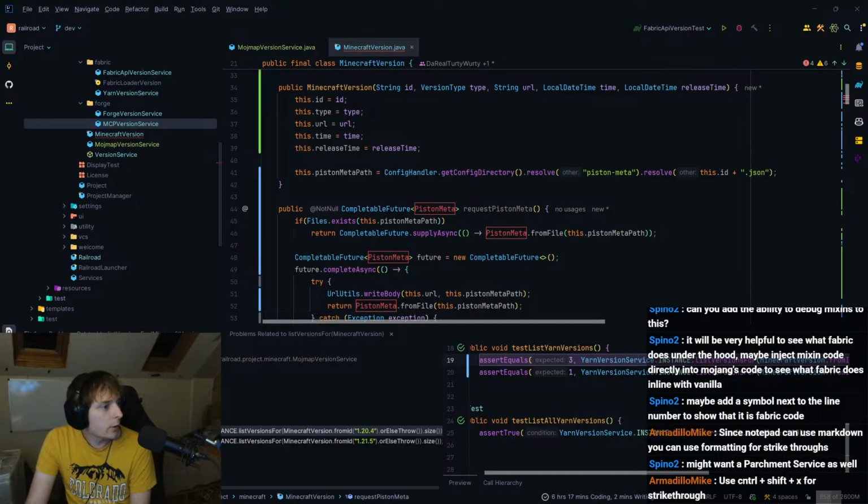So what I'm looking for is I made a mod loader a while back, and that requires you to pass the piston meta. So I already have it somewhere. I just need to look for it. Didn't think it was this long ago. Maybe it's not on GitHub.